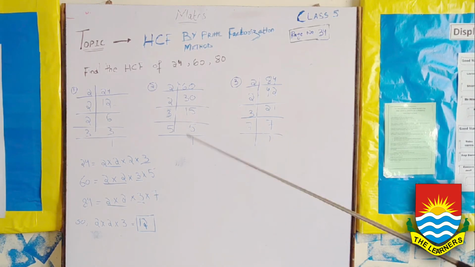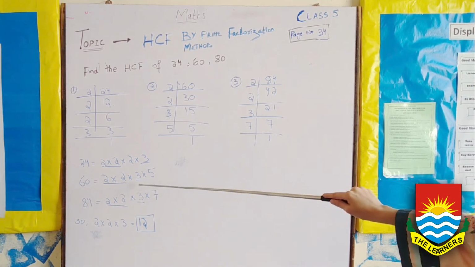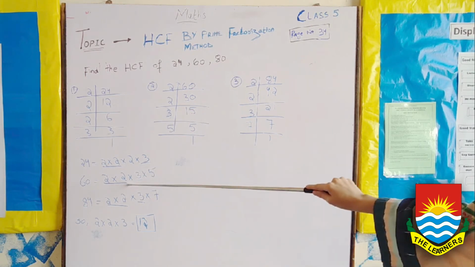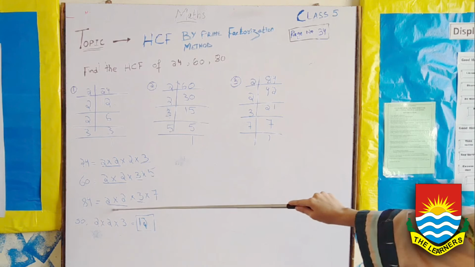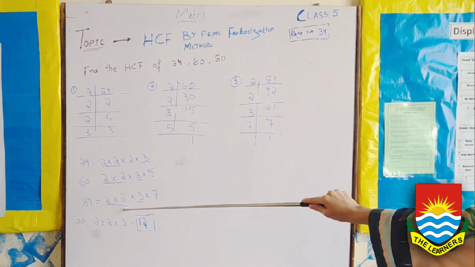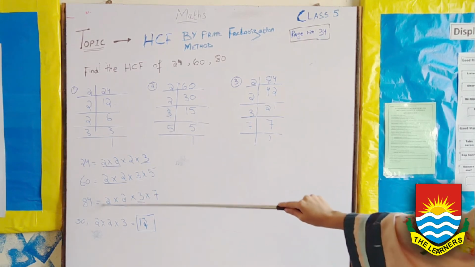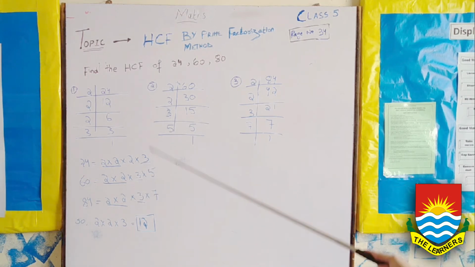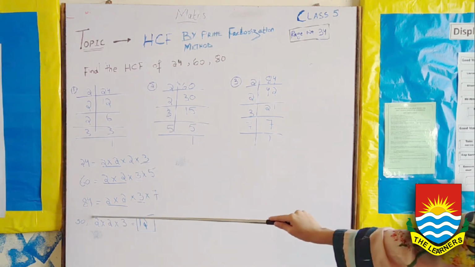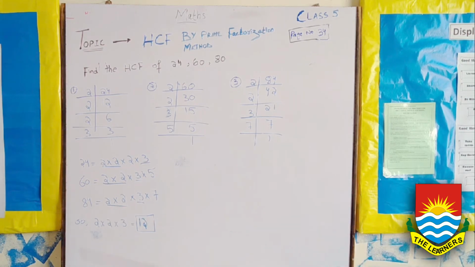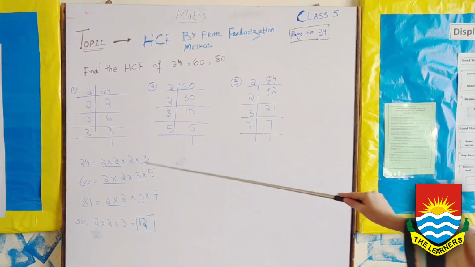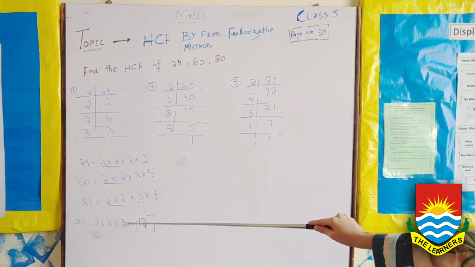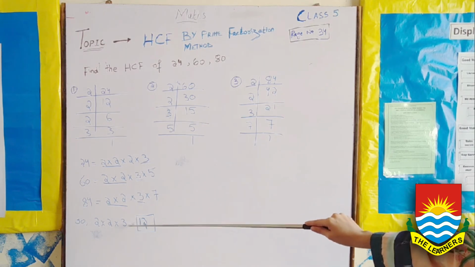Now we have to check the common factors. Here are the 2 2s, here are 2 2s and in 84 there are also 2 2s. So we take the common ones. Here is also a third 2, but there and here it's not present, so we take only 2 2s as the common factors. Now here 3 is present, 3 present and 3 present. So we take the 3 as a common factor.